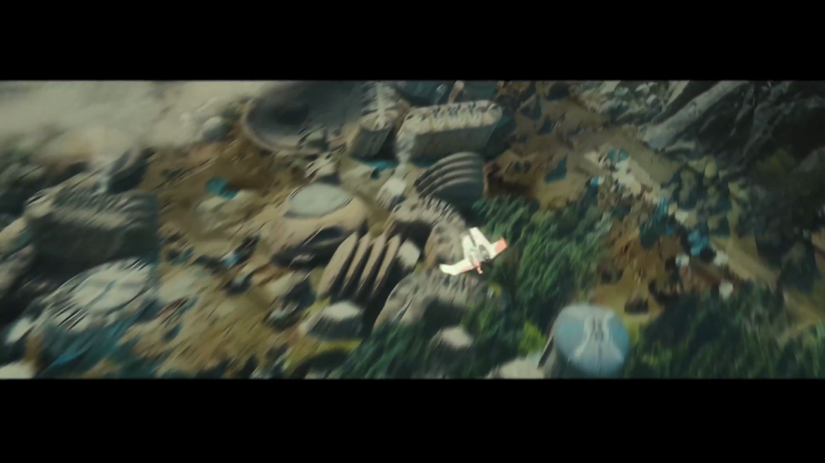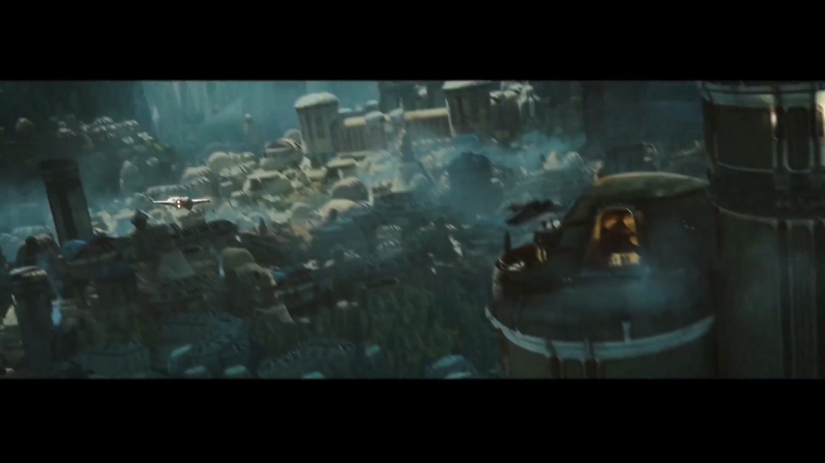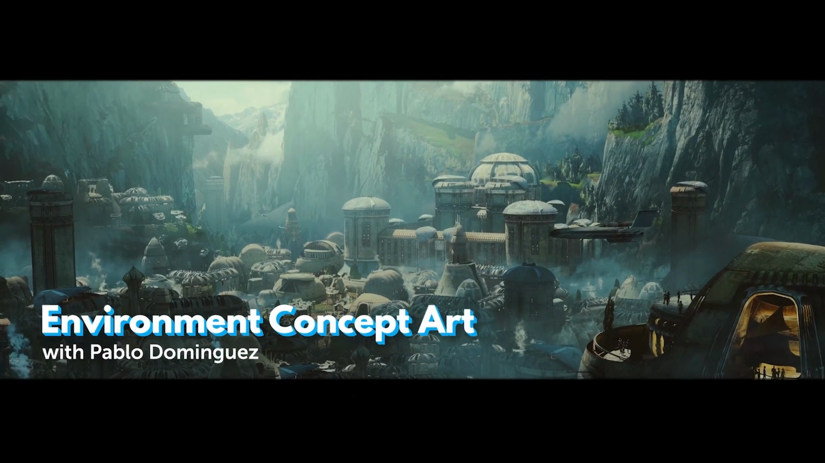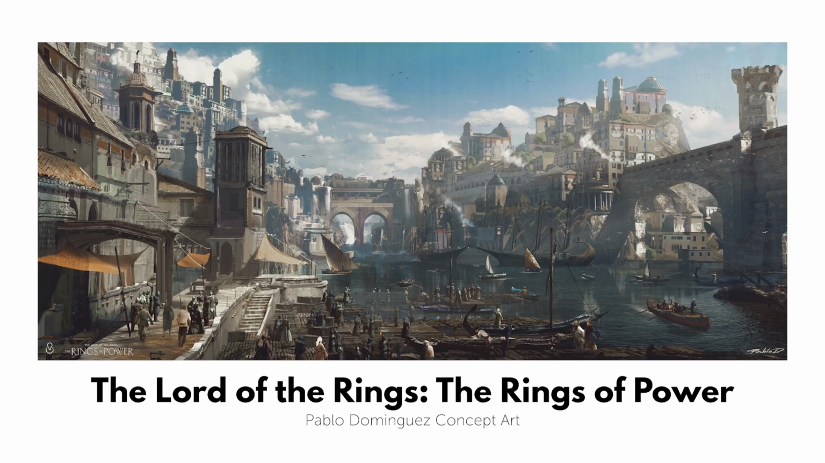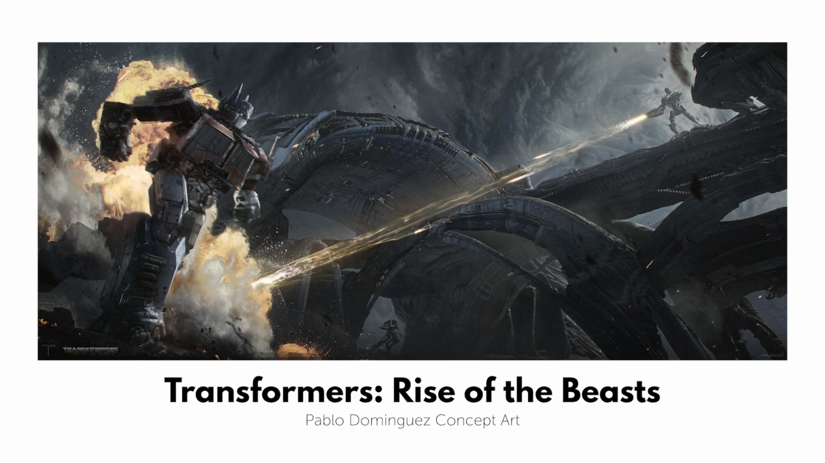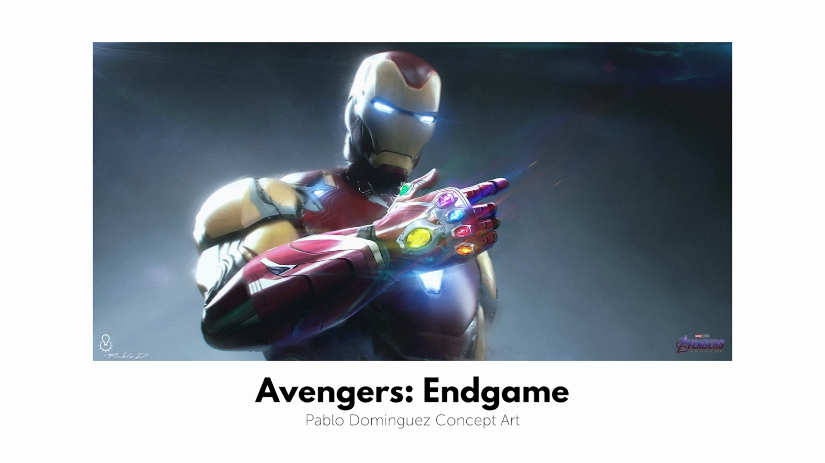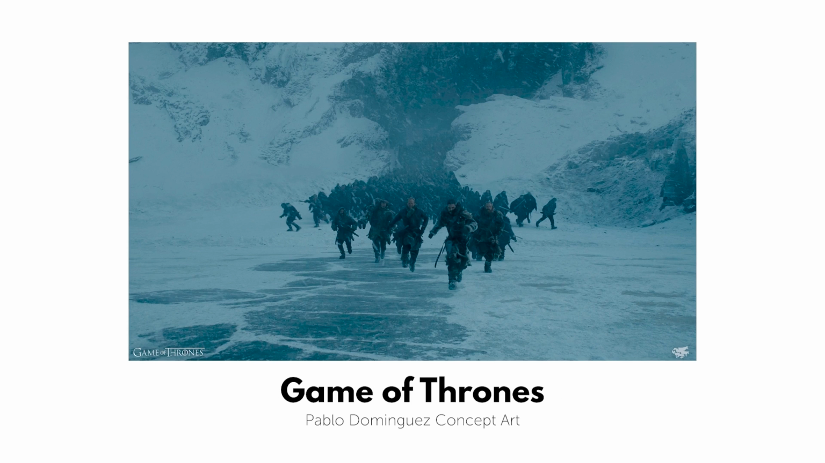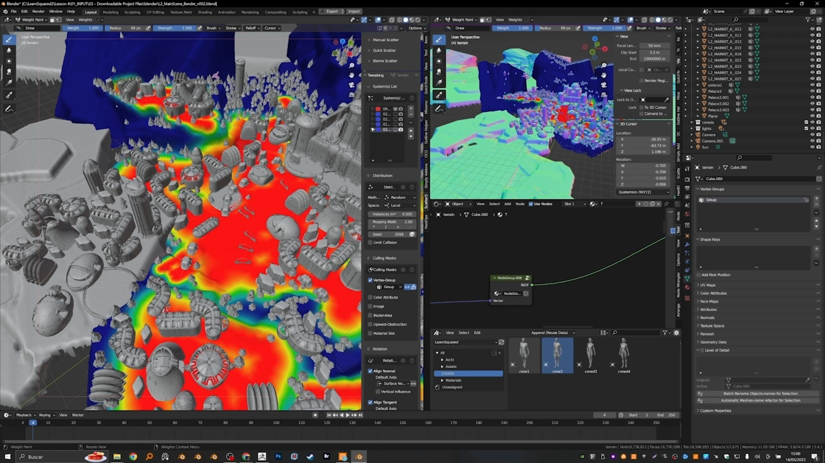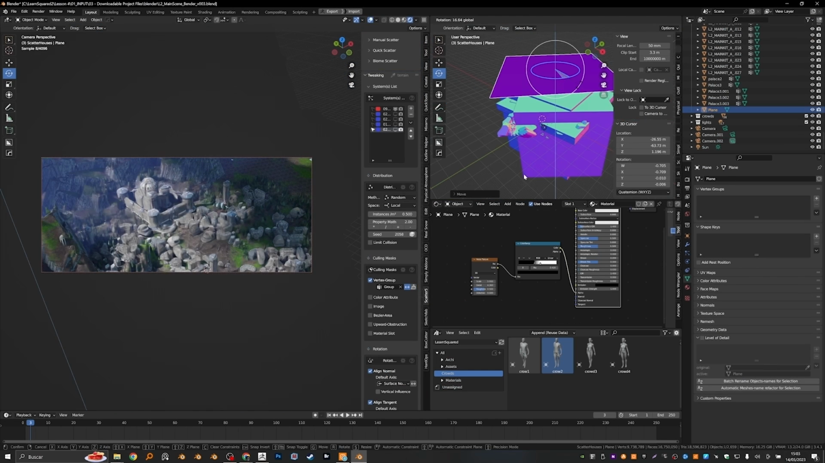What if you could create environments like this by custom sculpting everything in ZBrush? Pablo Dominguez is a concept artist with a massive list of professional accomplishments, having worked on just about all the biggest franchises in the entertainment industry. And over the years, he's developed a unique workflow to create immense, high-quality environments in a very short amount of